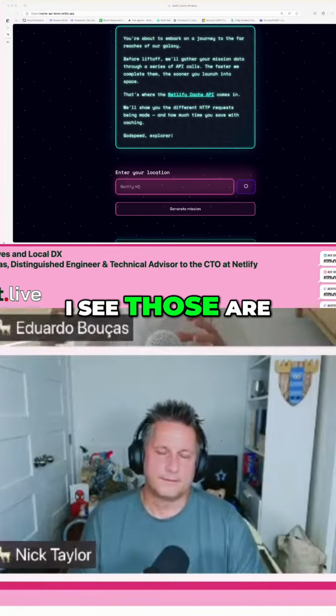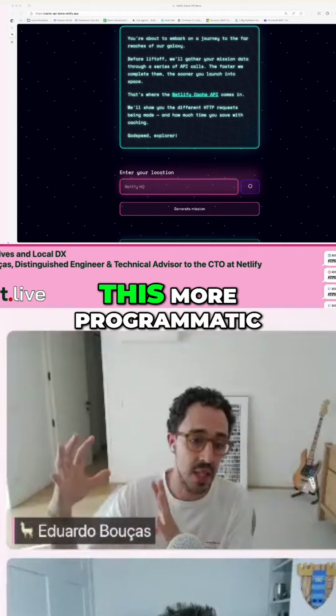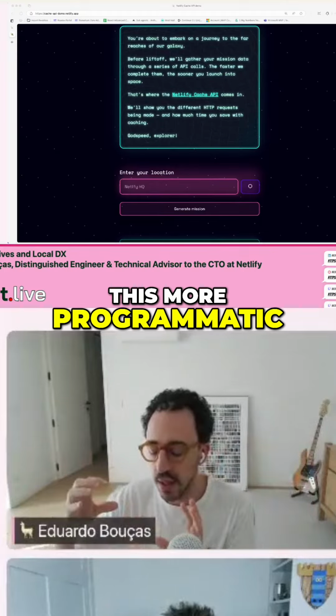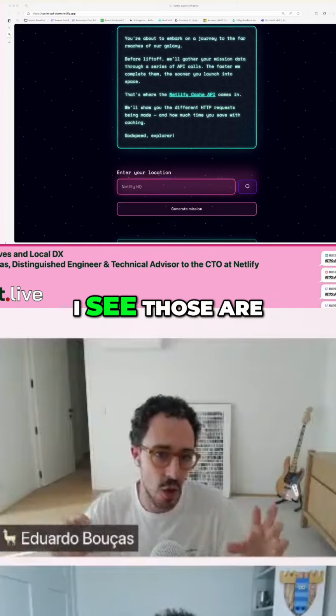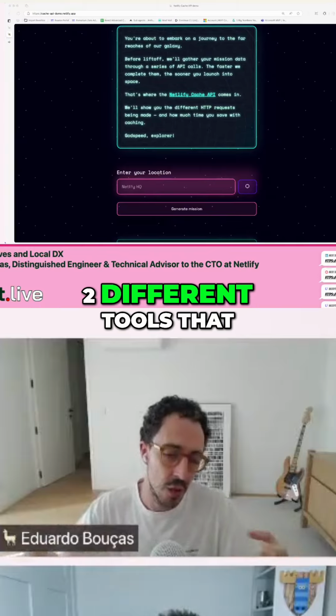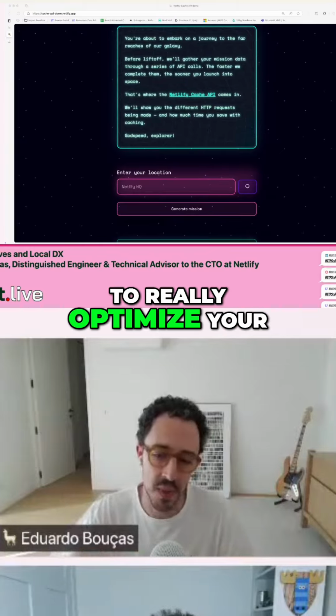Yeah, so I see those are two: the traditional HTTP caching layer and this more programmatic caching layer for individual HTTP calls. I see those as two different tools that can be used together to really optimize your application. Yeah, that makes a lot of sense, especially if it's an expensive operation or multiple calls, like I